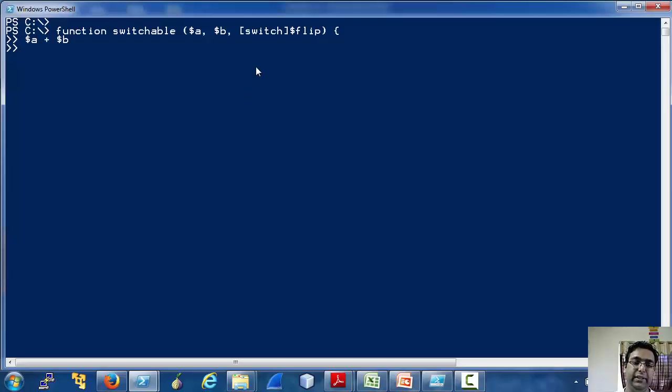As the name suggests, the switch variable could be used to switch or change the functionality if the variable is defined. So we can say if $flip, $a minus $b. That is, if the switch variable is defined,